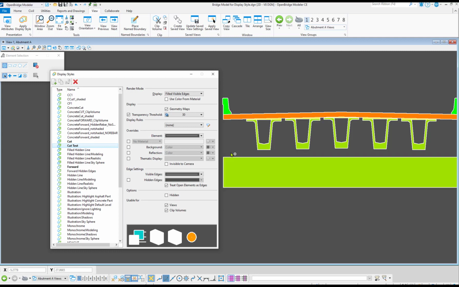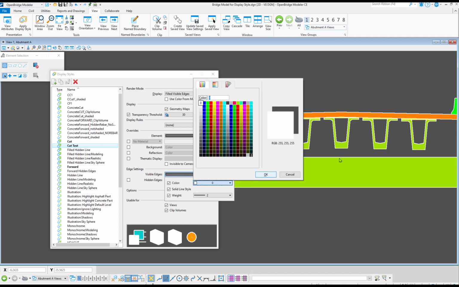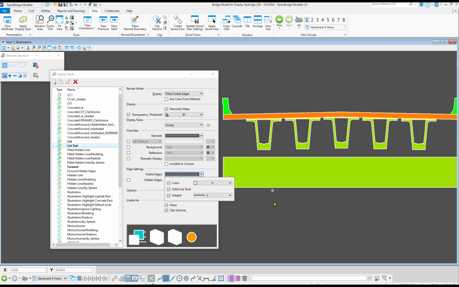You see the edges are visible, which is good. Here we can see, because this is checked and the color is given as 0, that's why we see the visible edges here as 0 and we have the weight as 2. So if we take it out,